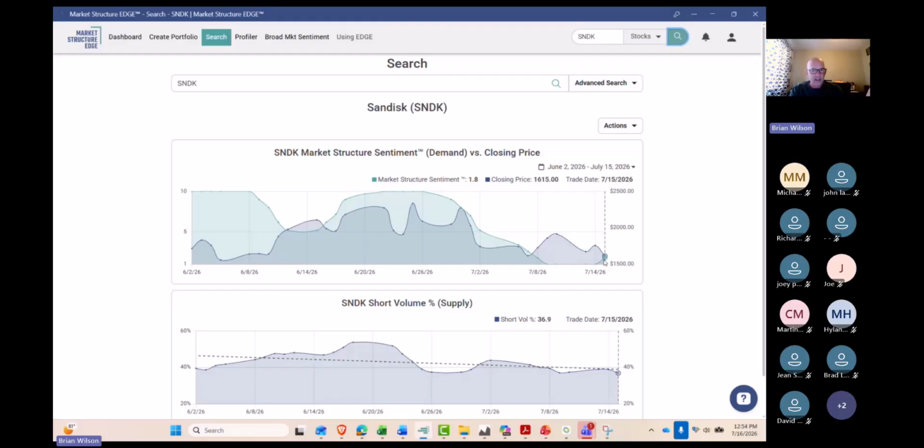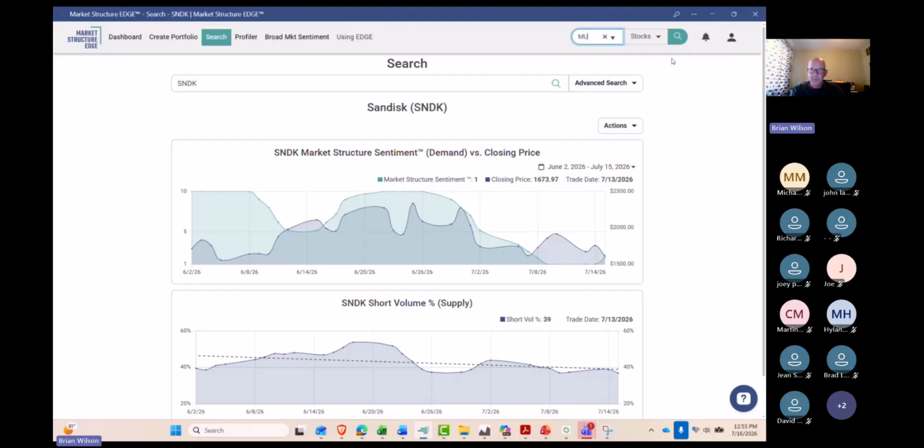But also recognize that there's no guarantee that this is going to get back to 5. So it becomes more of a deep value play, and you have to be comfortable with the fact that this is a stock that's been under a tremendous amount of pressure. The safer way to play that is to wait for it to get back to neutral before re-entering. Let other people do a little bit of the hard work in terms of stopping some of the declines.